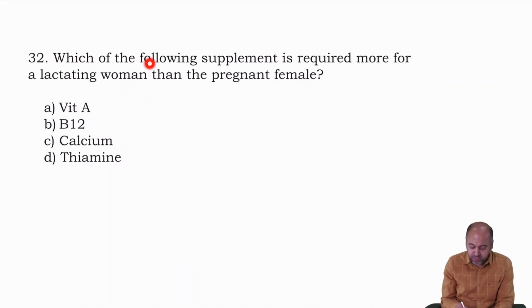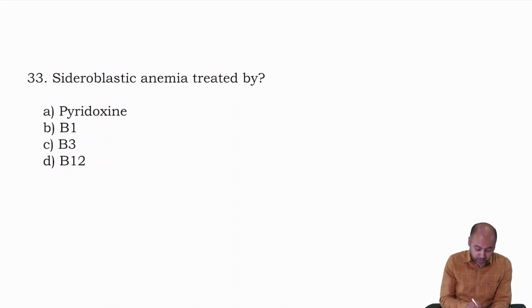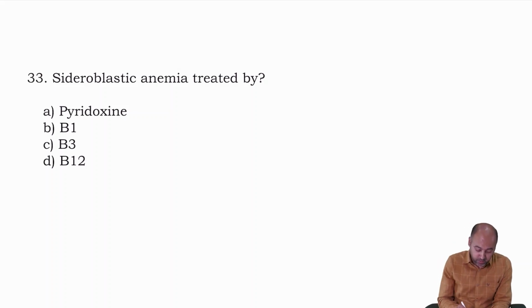Next question: which of the following supplements is required more for a lactating woman than the pregnant female? All of you know that vitamin A is required in larger amount during lactation than during the pregnancy. Sideroblastic anemia, we already mentioned, is seen in the deficiency of vitamin B6, that is